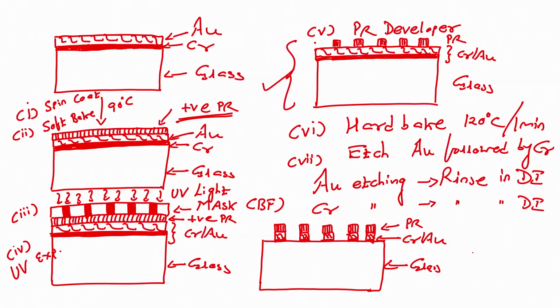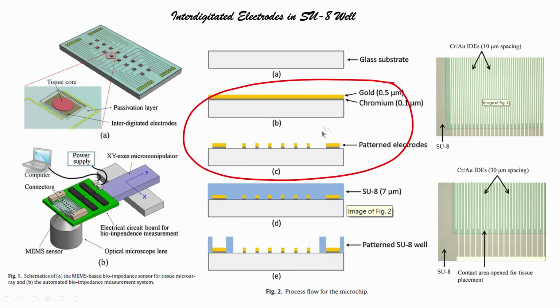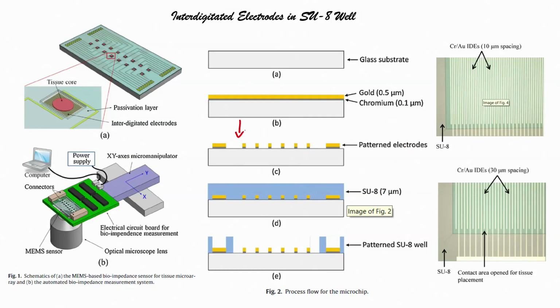Next step, step number 8, would be acetone dip. Why dip in acetone? To strip off the photoresist. To strip the photoresist, we have to dip the wafer in acetone. When we dip the wafer in acetone, what will you have? You will have this pattern. You will have a pattern of interdigitated electrodes. So, if you see here, what we got is a pattern of interdigitated electrodes from a glass coated with chrome gold,